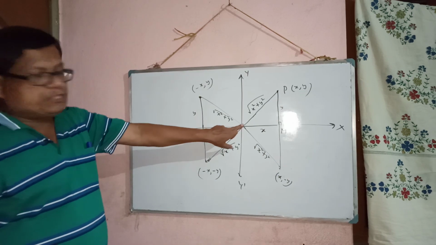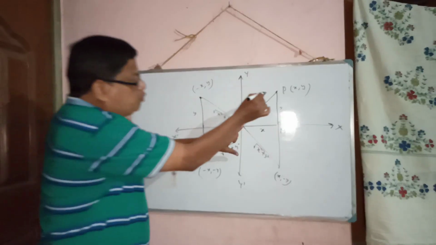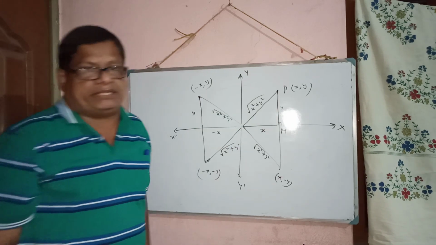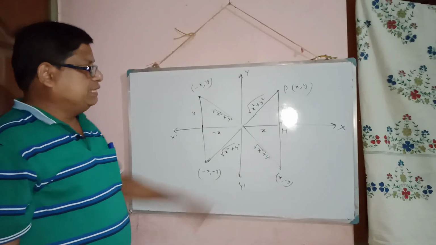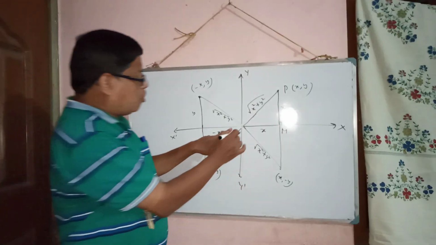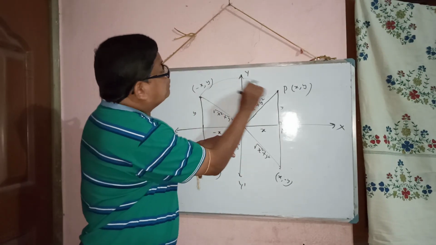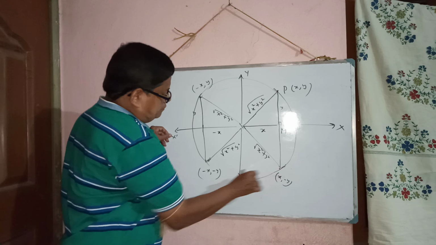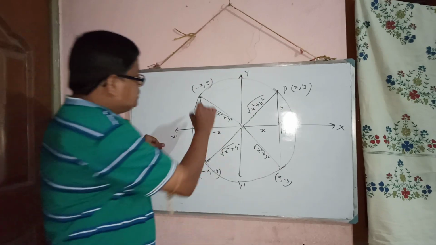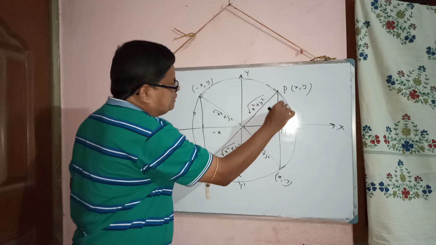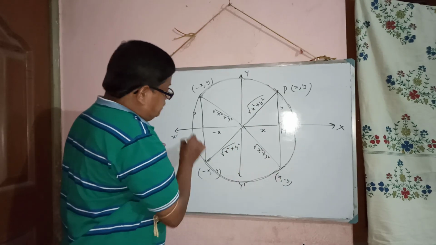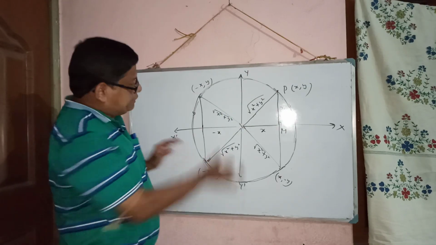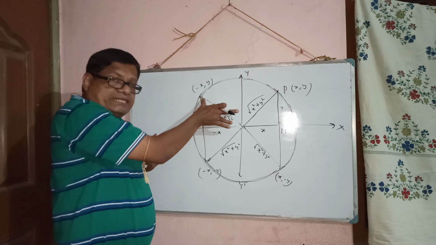Look at here. This is the fixed point. The point, this one, moves in such a way that the distance from the fixed point to the moving point is always the same. Then the locus of the point is called a circle. See, suppose here, join. You put your head like that. The figure. This figure is known as, yes, circle. So look at here. The position is changed, but the distance is same.